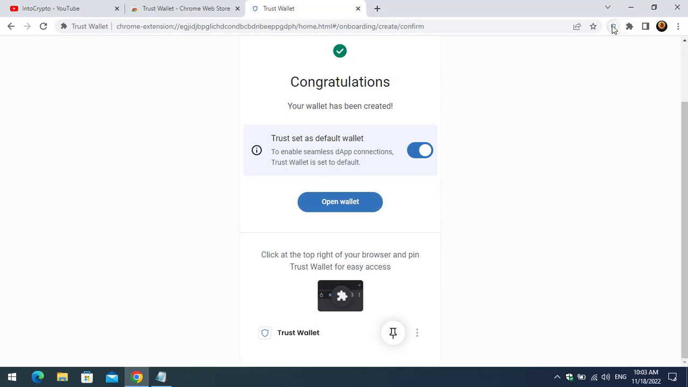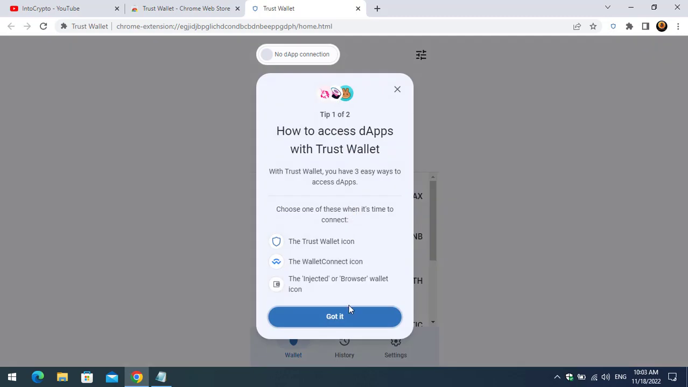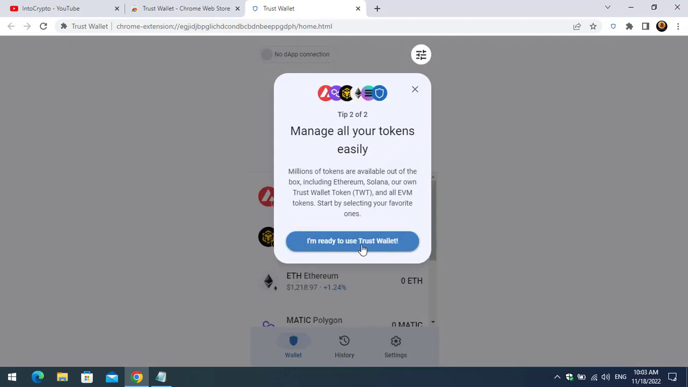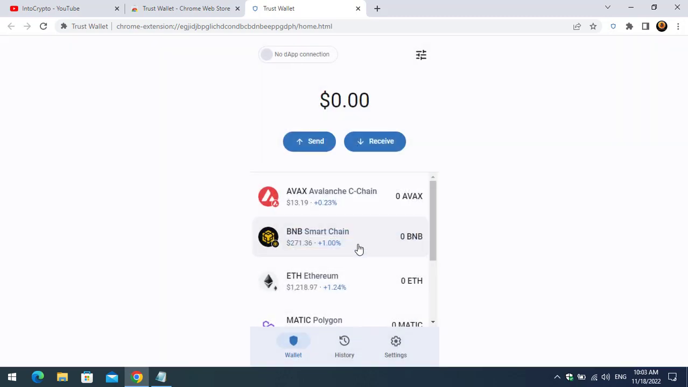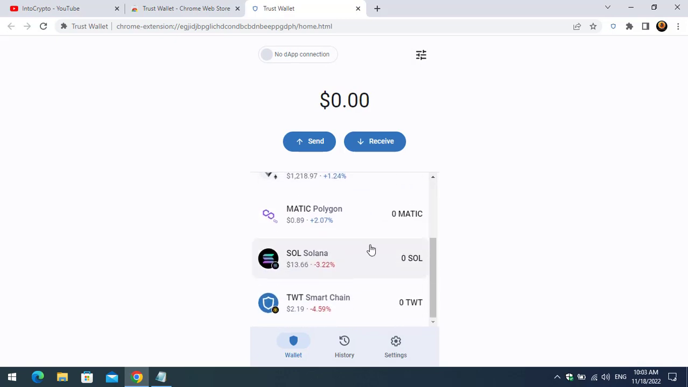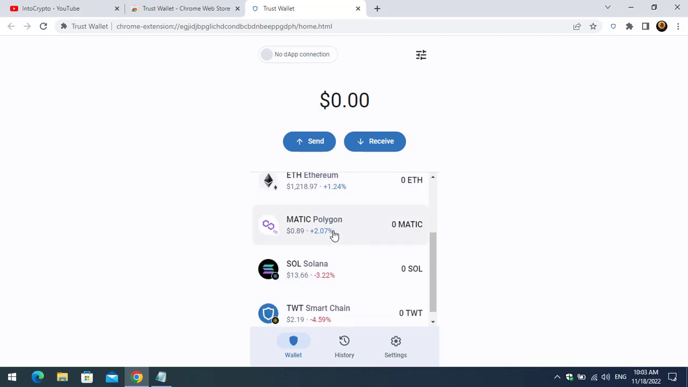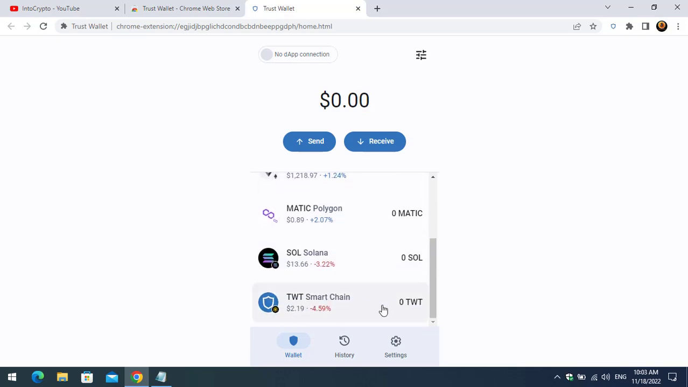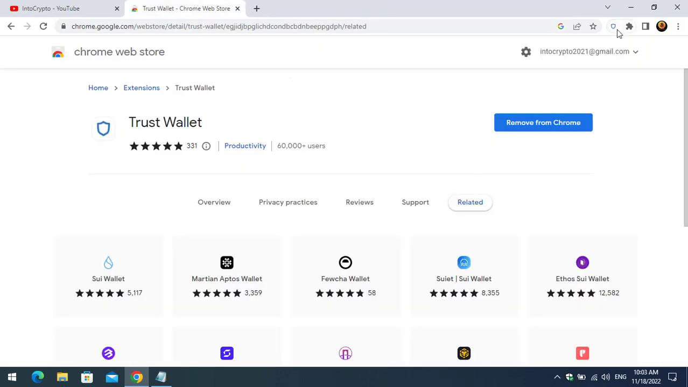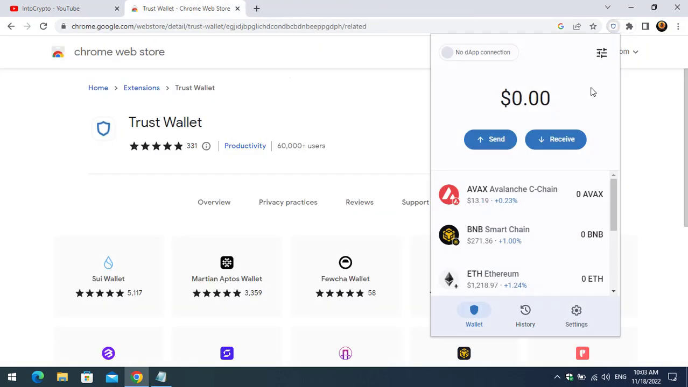The Trust Wallet is already pinned on the top. So I will click on open wallet, click on the got it option. Here I'm ready to use the Trust Wallet. As you can see, there are chains that you can easily use: the Avalanche chain, Smart Chain, Ethereum, Polygon and Solana. If you close this window and click on this one again, you can see